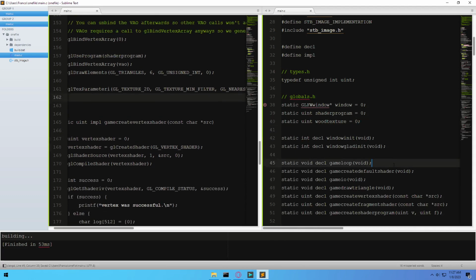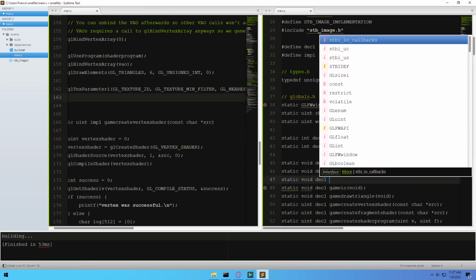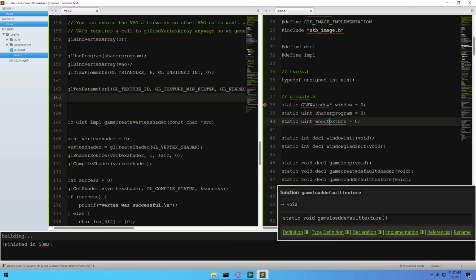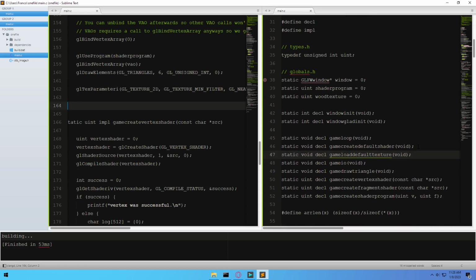Okay, and now in here I'm gonna say static void declaration game load default texture as well. Sure. And now below this,